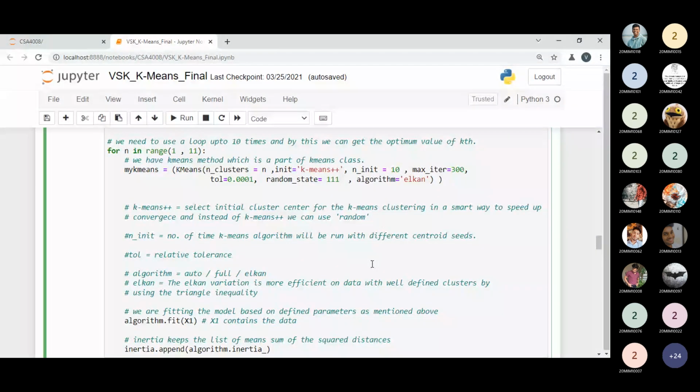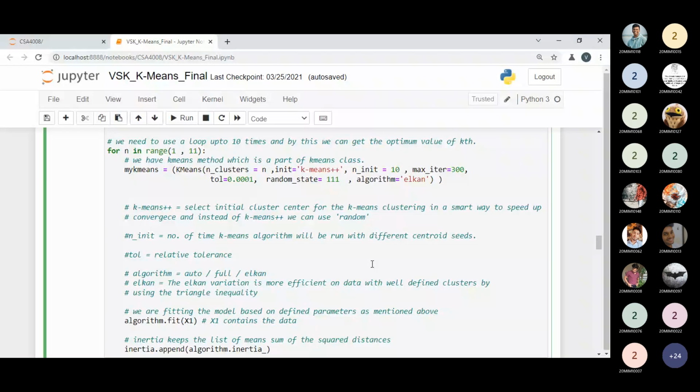But elkan provides better efficiency on data with well-defined clusters. That is the only reason we can use the elkan method. It is optional, but if you don't pass anything, by default it would be auto. So I'm passing the elkan keyword here. Elkan is more efficient on data with well-defined clusters by using the triangle inequality. So definitely we can pass this parameter.